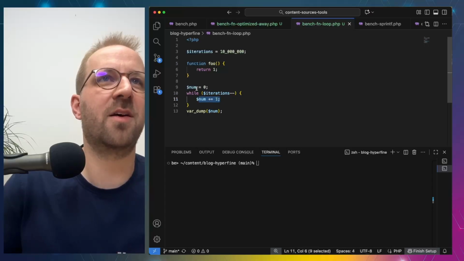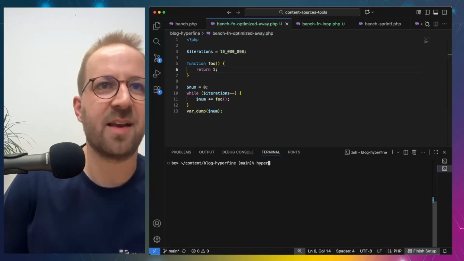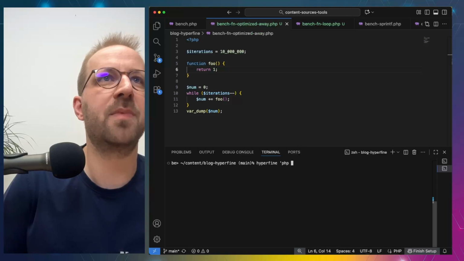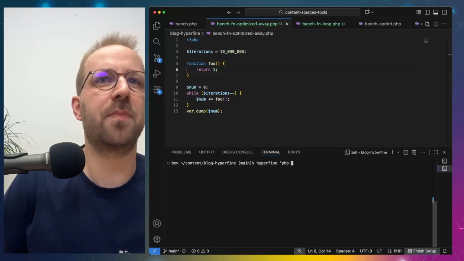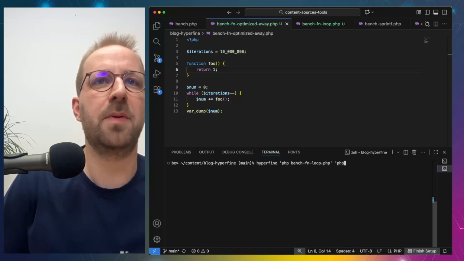So this is the original code that we want to test, and we are iterating this and dumping at the end. And then we have also the code where we call the foo function, and we compare that against each other. So let's run php bench function loop.php against php bench function